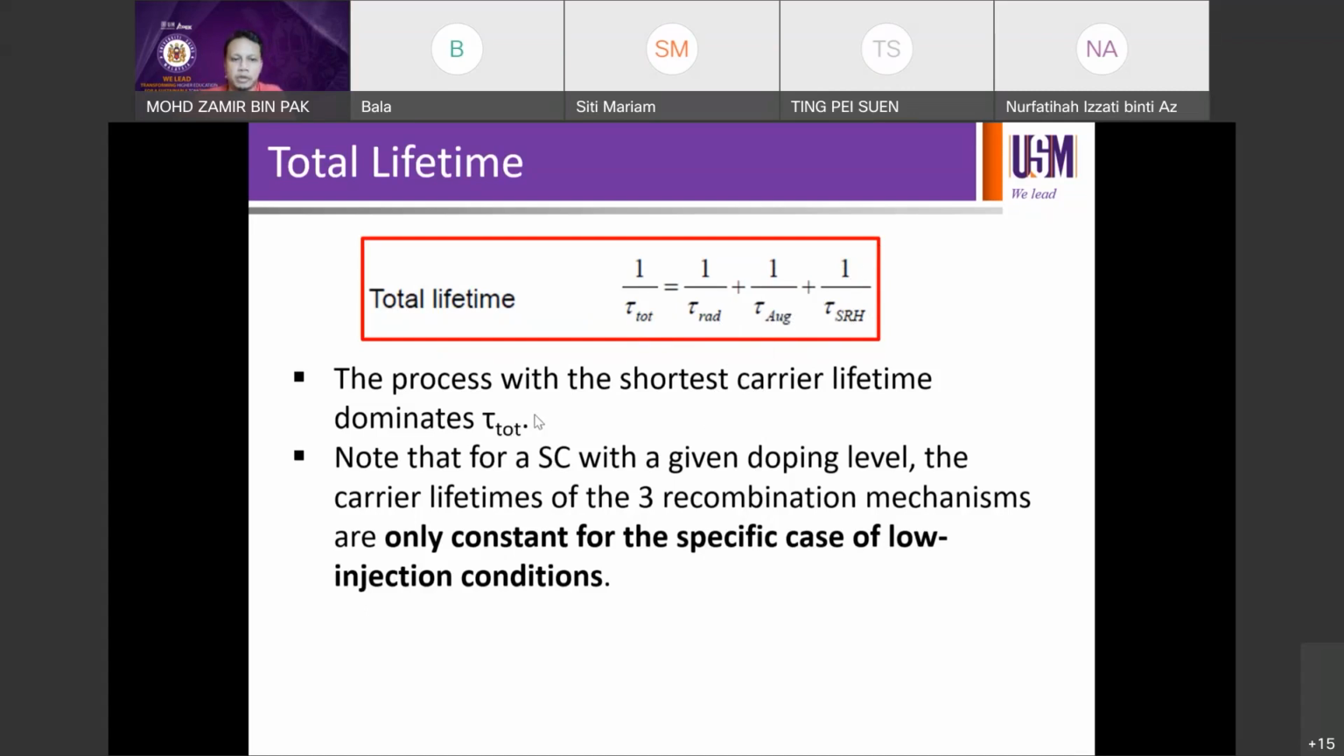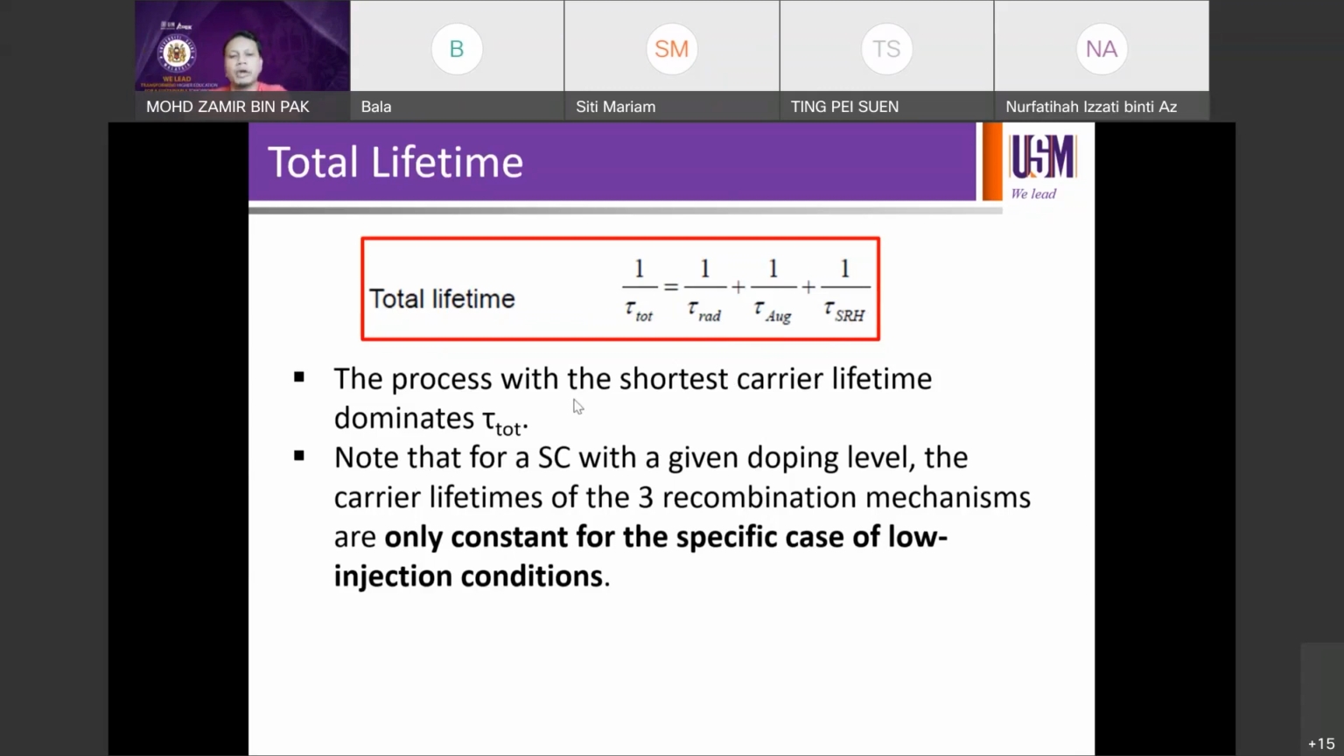So the process with the shortest carrier lifetime dominates. Whatever process, either radiative or Auger or SRH, with the shortest lifetime will dominate the total lifetime. Okay, so maksudnya kalau satu proses cause your carrier to survive longer, but you have another one causes your carriers to survive only short lifetime, then that short lifetime will dominate the whole lifetime calculation, and it will show up